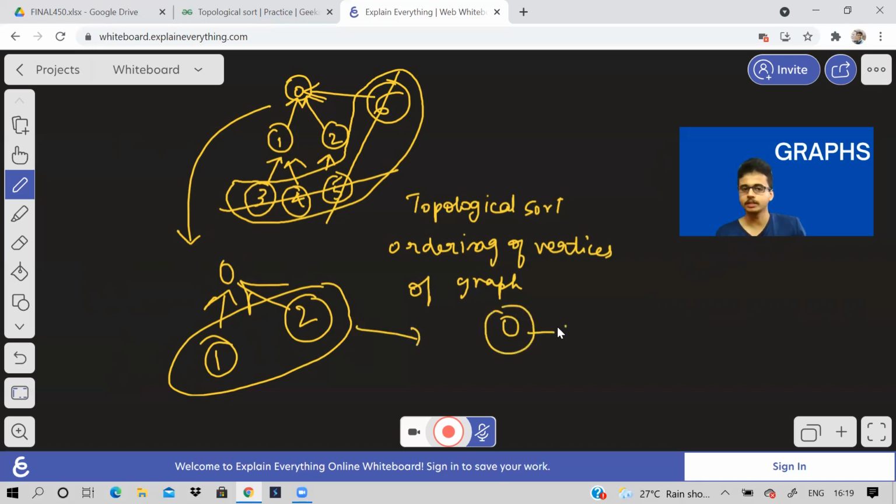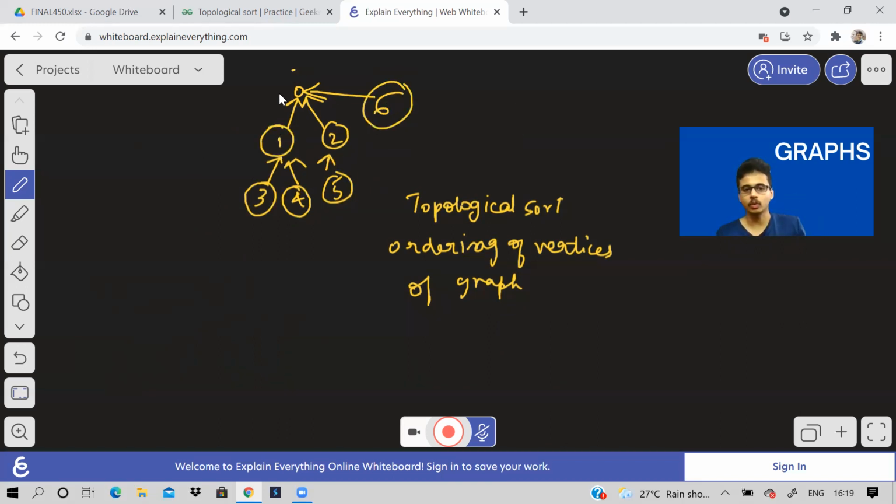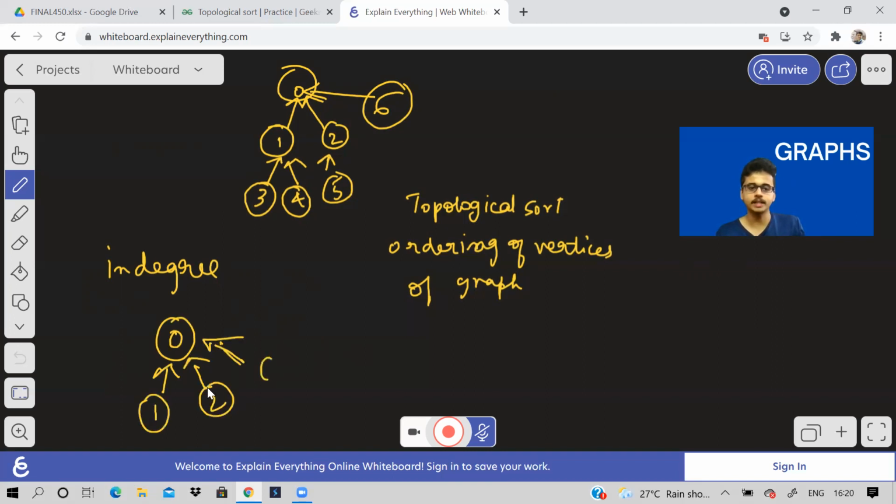We'll print them. After that, the graph is going to be this only. Then we'll print this. So basically, what we have to do is we have to calculate the in degree for every vertex. What is the in degree of a vertex? There's a concept called in degree. It means that from another vertex, there is an edge which moves towards that vertex. For example, if you consider vertex 0, there are 3 vertices having an edge, 1, 2, and 6, correct?